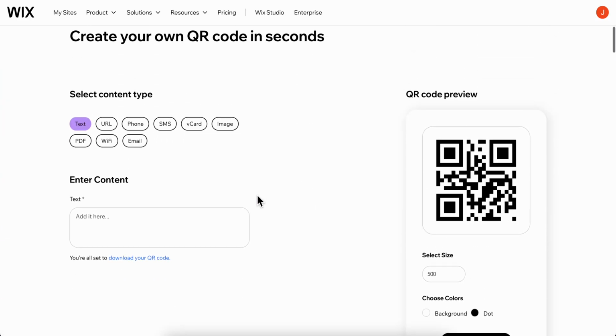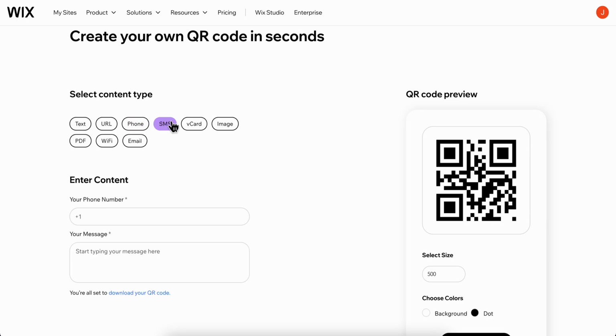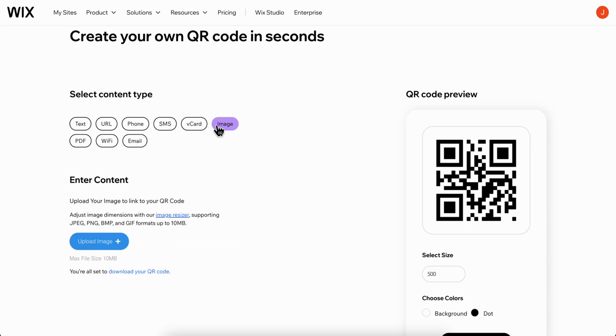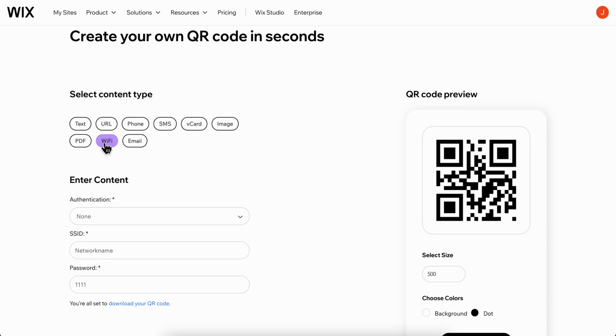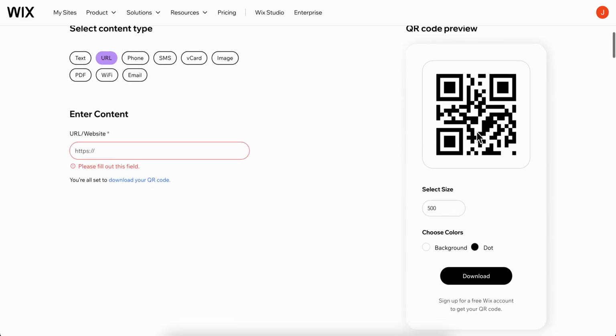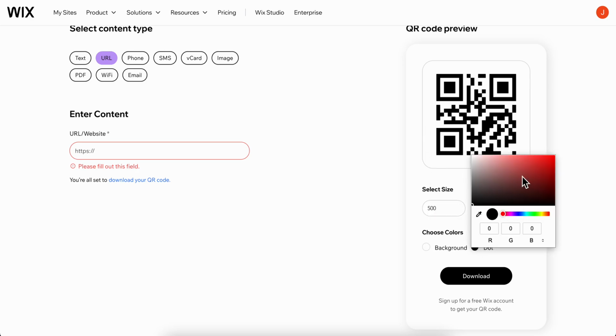So simply scroll down and then you're gonna have to simply choose the content type. So you have text, URL, phone, SMS, vcard, image, PDF, Wi-Fi, and email. So I'm gonna choose URL. Now here you're gonna have to simply enter your URL, and then here you're gonna have the QR code. So as you can see, you can select the size, you can change the background color, the dot color, and